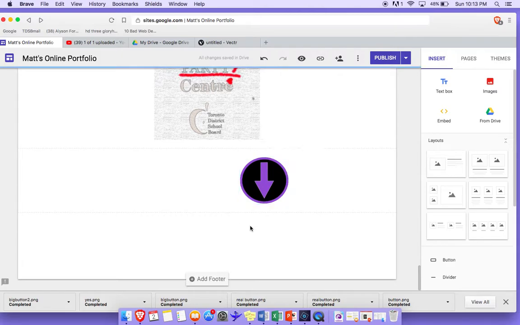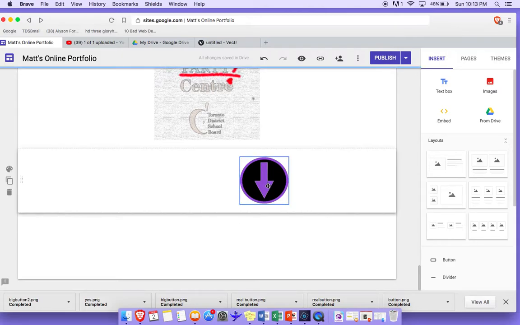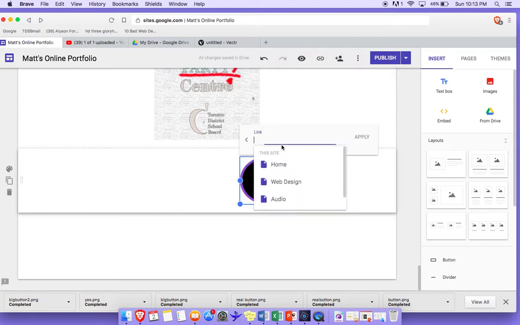Once the button is on the page, once you've got it worked out on the page, you need to turn the button into a link. Okay, and to do that is quite easy. All you have to do is click on the button. There's a little paperclip symbol that says insert link. You click onto this link and you can create any link that you want for this button to link to. So you could link it to another website like google.ca,